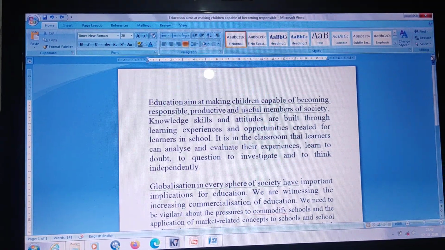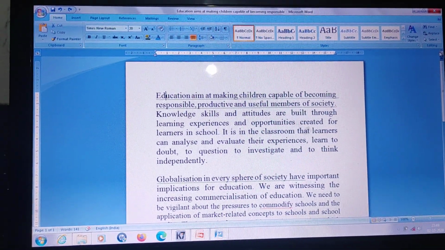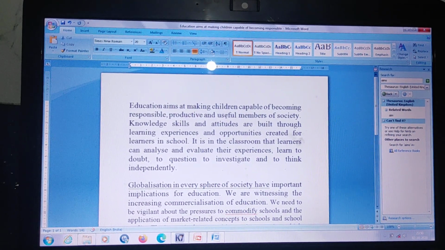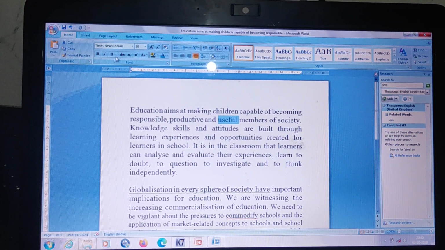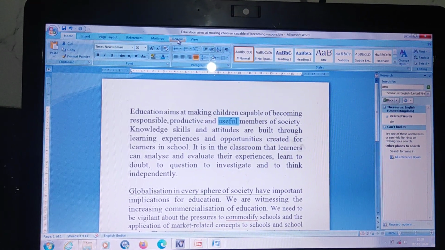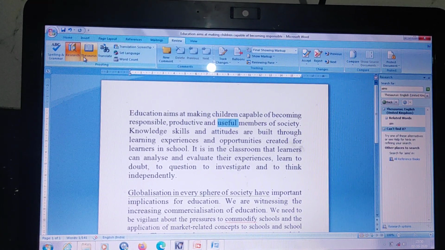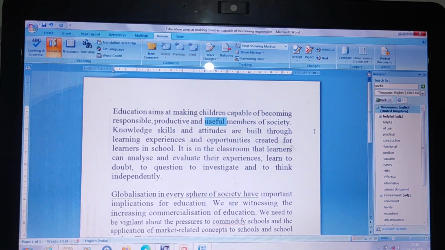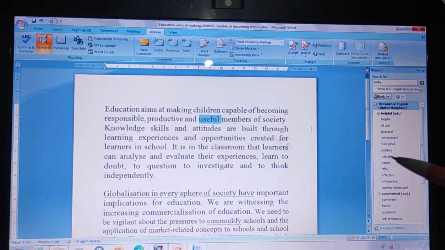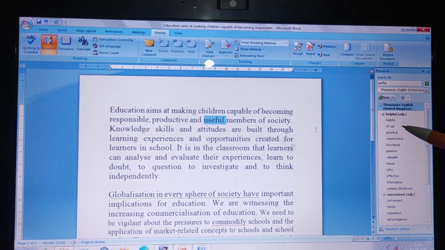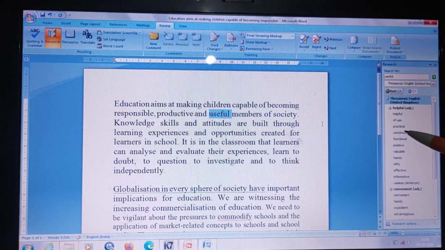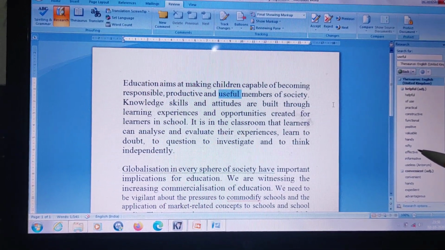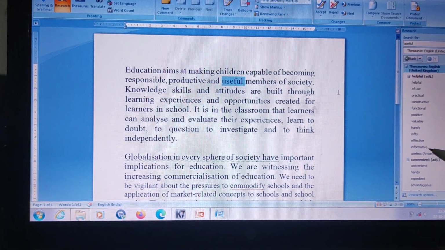Now the steps are, first of all, select the word. So now here I will select the word useful. After that, click on the Review tab. Then click on Thesaurus. Now here you can see multiple options are available to replace this word, like helpful, of use, practical, constructive, functional, positive, valuable, handy, nifty, effective, informative.